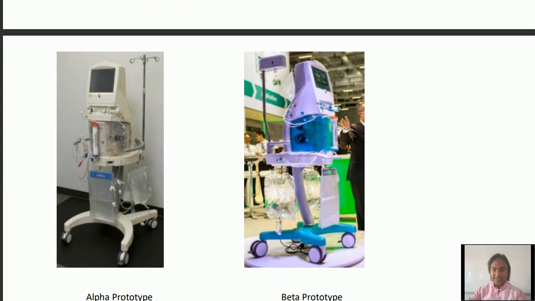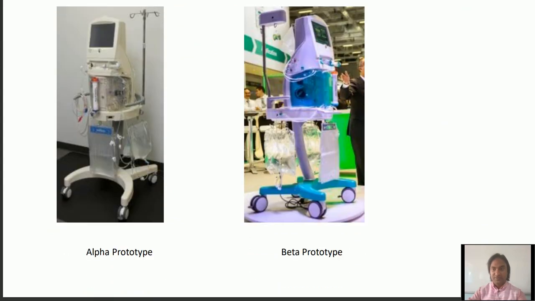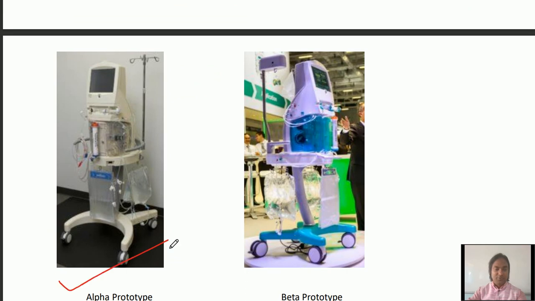So here, see the alpha prototype. The test is done inside the lab, and we get some insights, like whether the compressor is working or not, whether the compressor is able to maintain proper pressure or not, whether water is coming through the filter or not, and what the hardness or impurity of the water is. We can test it. And then beta prototype testing, like this one,